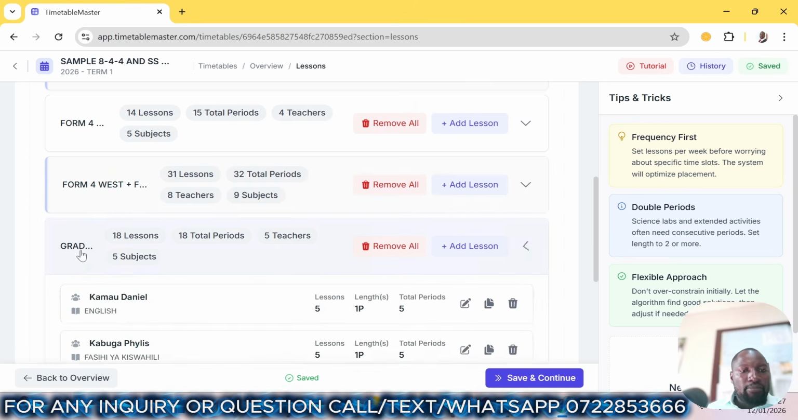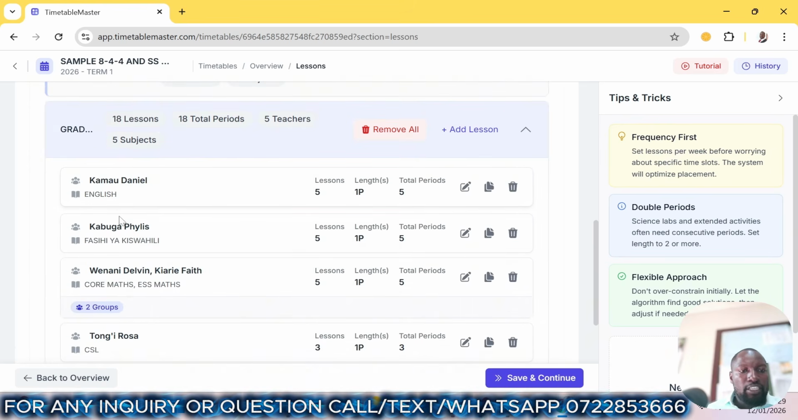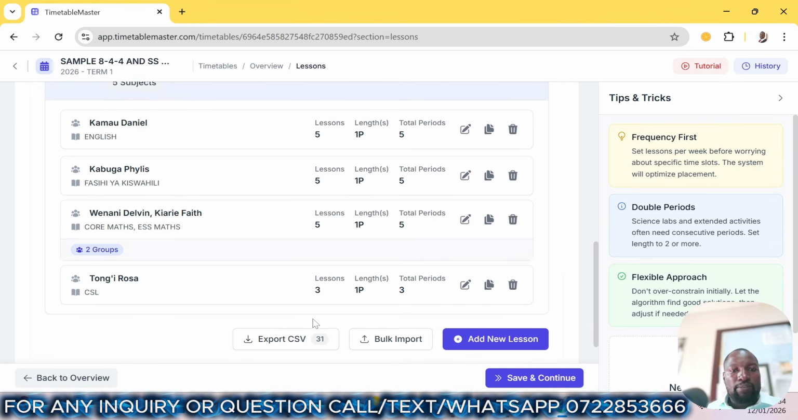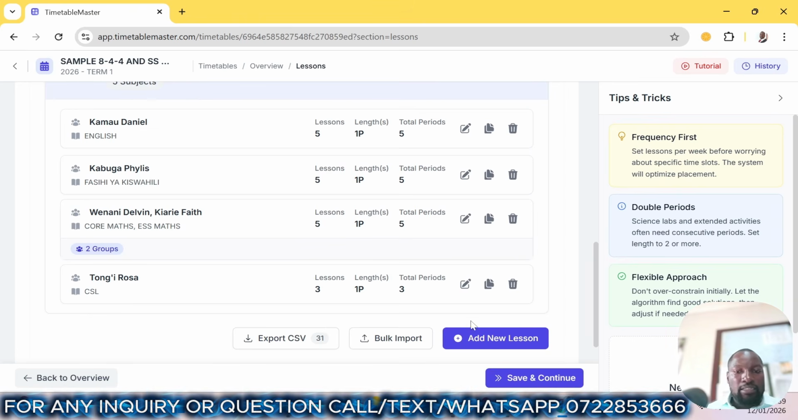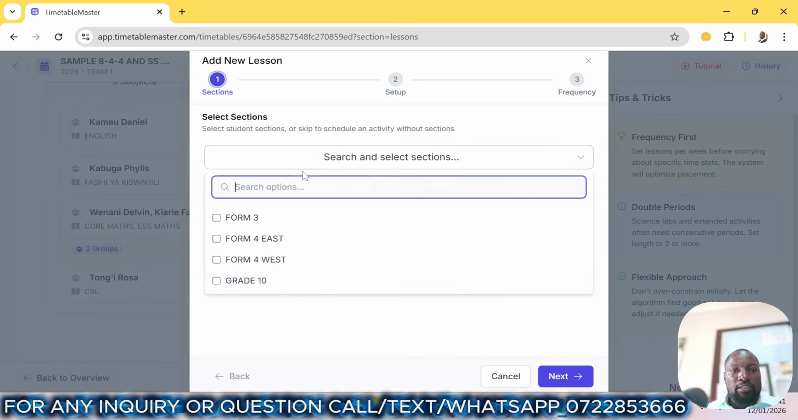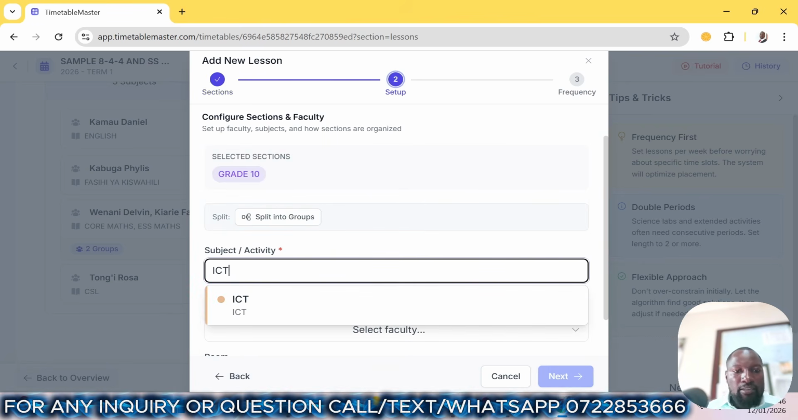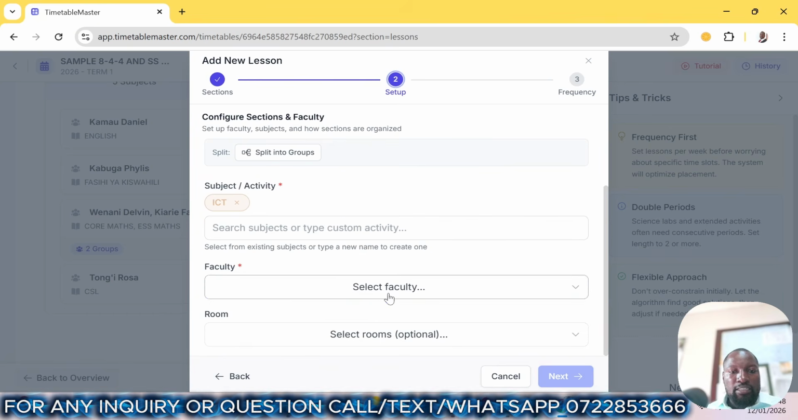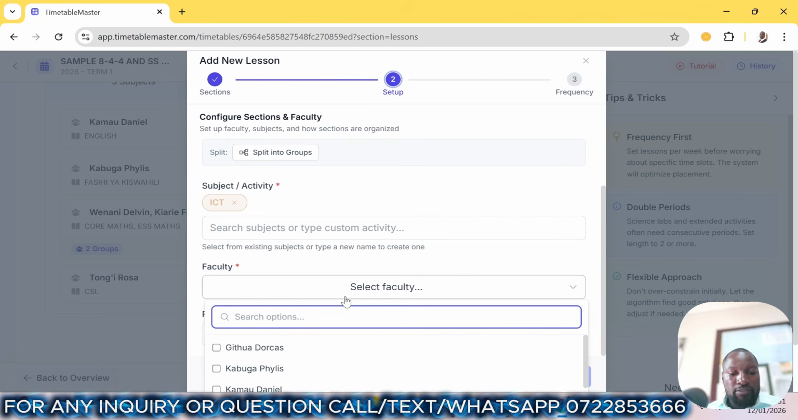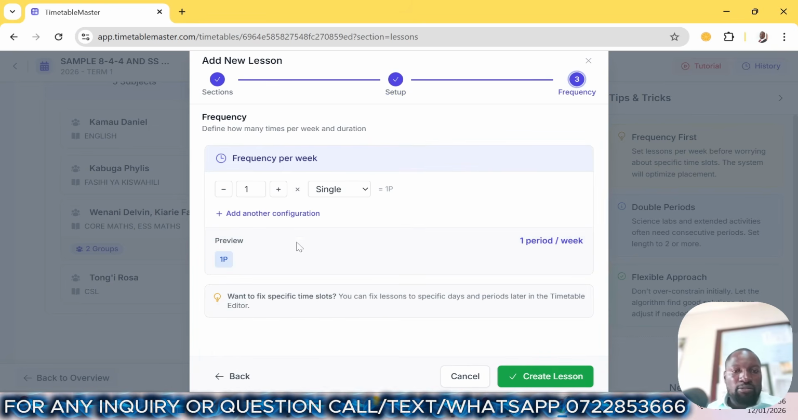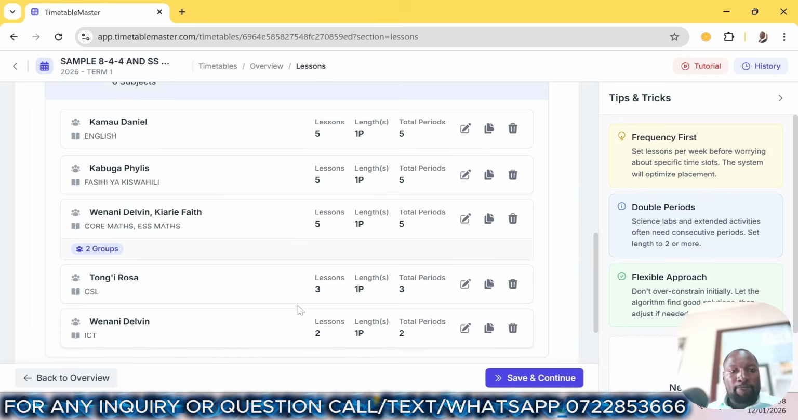Apart from that, so we can confirm how many we have. So we have English, we have Fasihi, we have Mathematics, and then we have CSL. So those are compulsory, but we can still add more. Like we have the ICT. For the same grade, we have ICT. Now ICT is done by, you can give it to one of the teachers like that, because there are only 2 lessons in that ICT. We also have P,